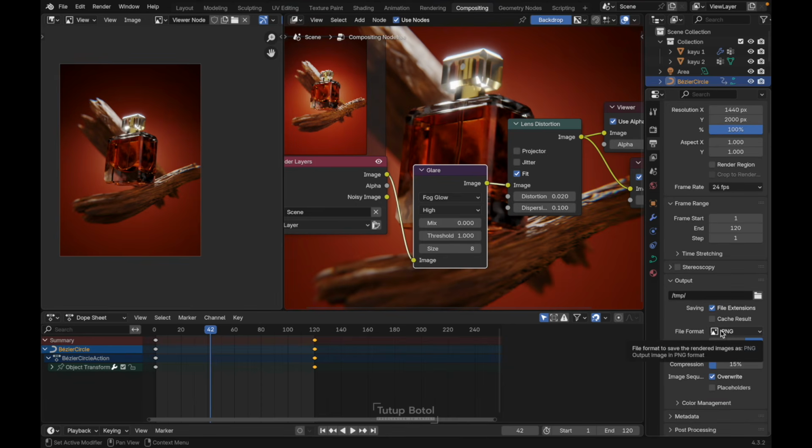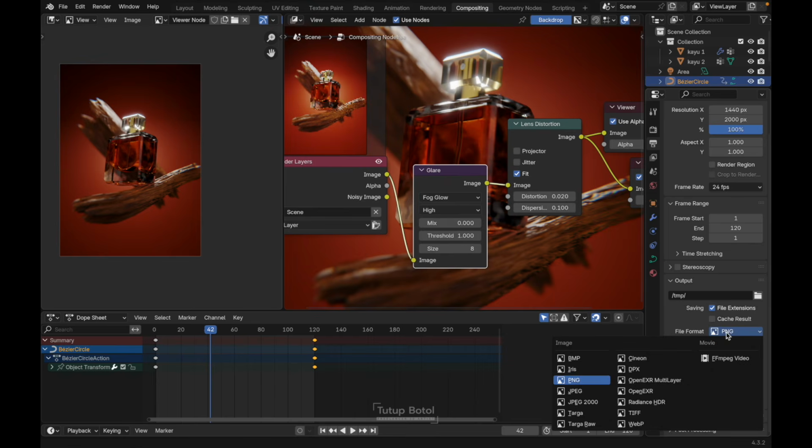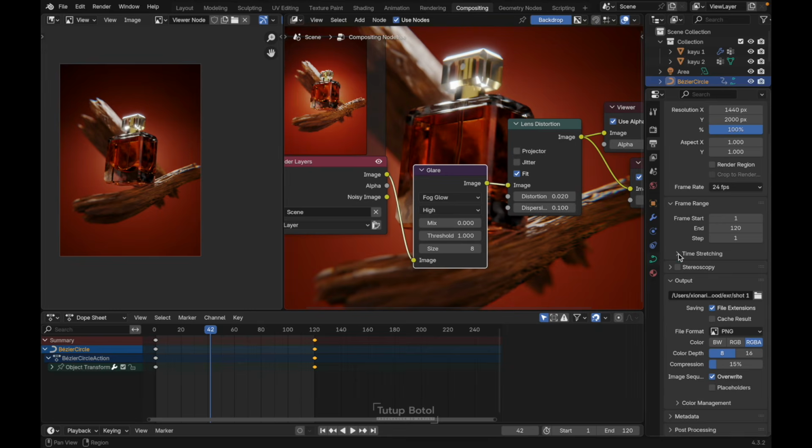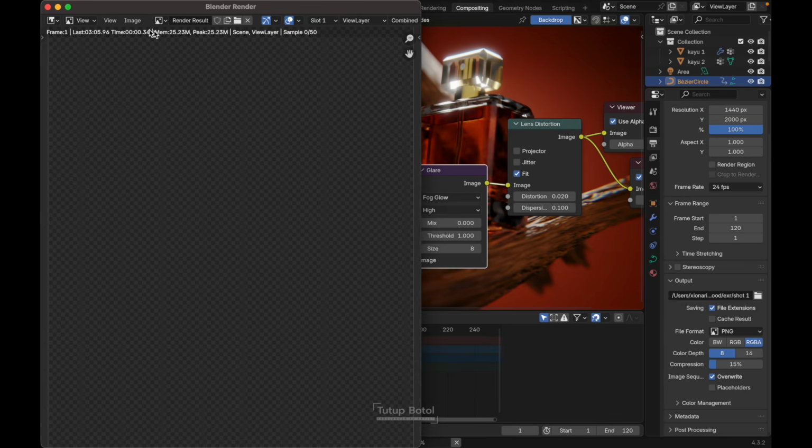I'm just gonna use PNG here, because if we're using OpenEXR, it has good quality for the client, but we're just gonna learn how to do it here. We don't need the quality here. I'm just using PNG. OpenEXR has a big size for each frame. Name it anything you want, just like this. Then we can go render animation. So we're gonna wait till everything is done.